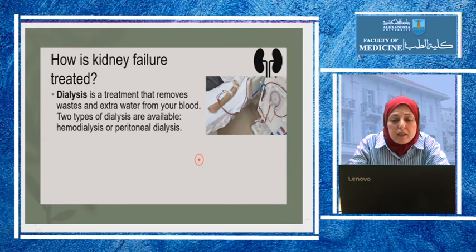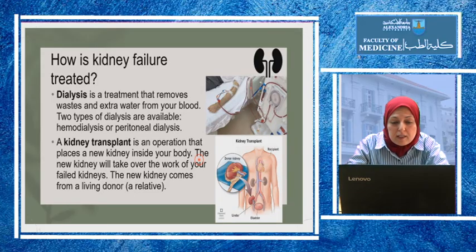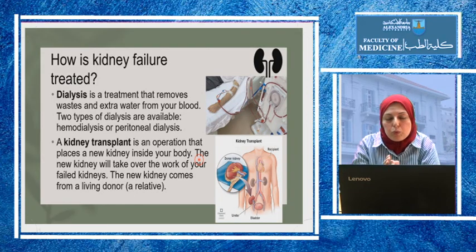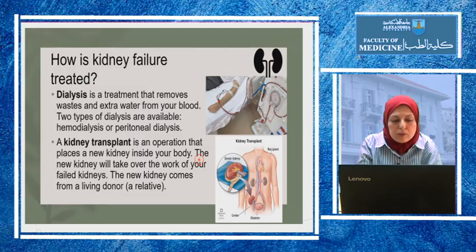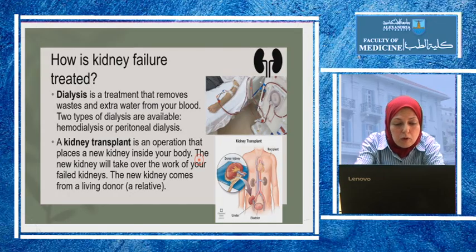Of course, kidney transplantation is preferred, but in Egypt it's only allowed from a related donor who is completely healthy, and he will be screened. It is a better option, but it's not available for everybody, based on the availability of a relative who is healthy and willing to give him the kidney. Dialysis is another option, either in the form of hemodialysis or peritoneal dialysis, but most commonly we use hemodialysis.